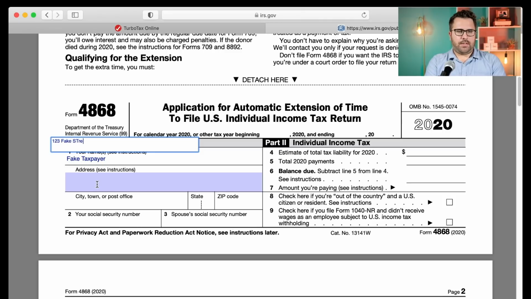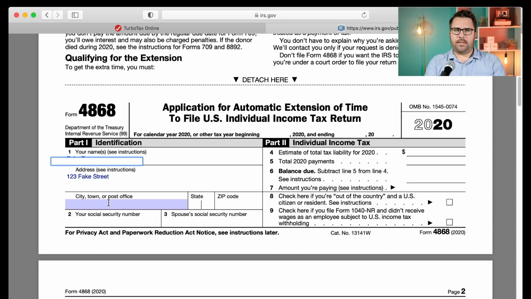123 Fake Street. If you guys are doing this the paper way, like this way, can you let me know? Are you getting the weird kind of text box up here? I've never seen that before. Fake Town, CA 90000,